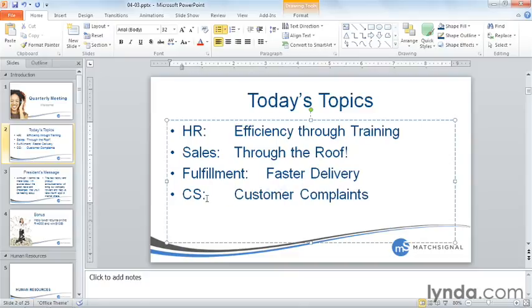It may not look like it, but most of these are now lined up, right here at the 2-inch mark. Fulfillment doesn't quite work because it sticks out. It's actually lined up at the 3-inch mark, but we'll fix all of this in just a second. I'm going to select all 4 bullets and bring my mouse here to the ruler, right about at the 2.5-inch